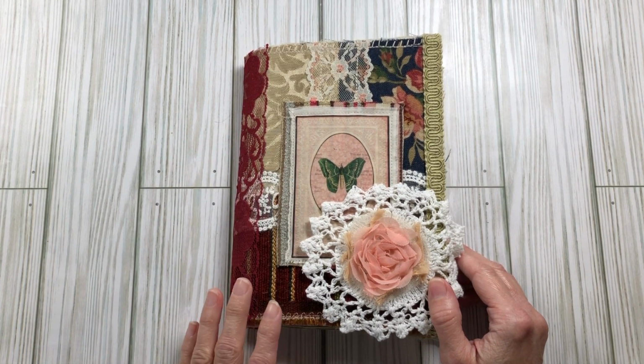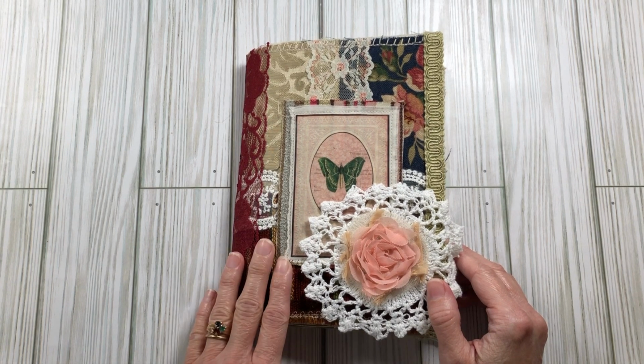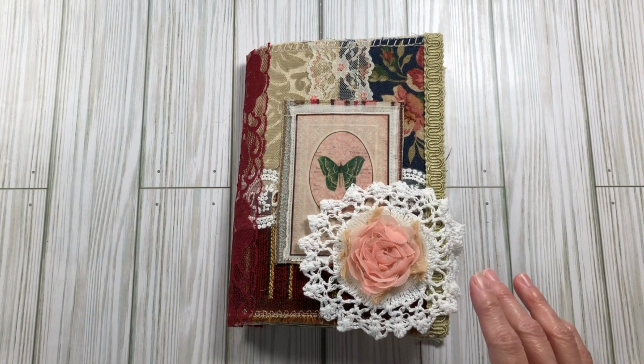I am back with this boho journal, and I started it back in May, which is hard to believe, and it's been such a long time. Now, I did finish this in July, but I didn't get a chance to show it to you all, and I was going to show you the finishing process of it, of adding the things, but most of it was